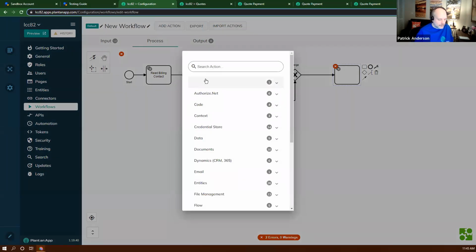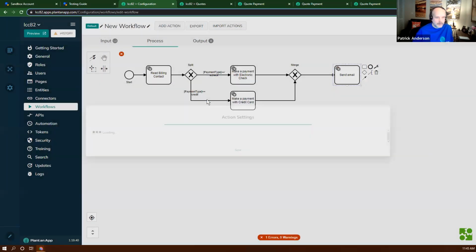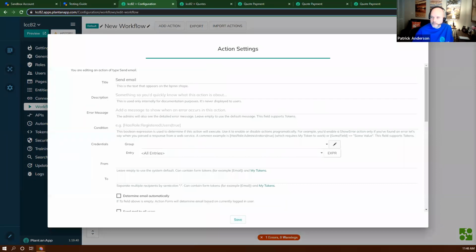And I'm going to send an email. And for the send email, I'm only going to be sending an email if the transaction is successful. So it's authorized and gets processed. I know the response code for that is 1 because I did some testing and know that's what I'm expecting back if it's successful. So if the response is 1, then I'm going to send an email